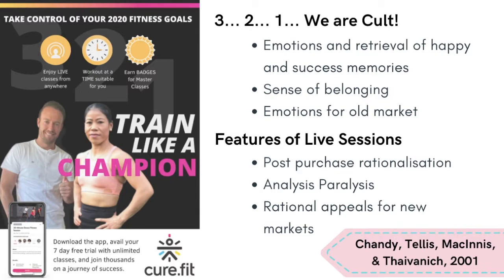But by providing the features and rational reasons for the product to be bought, we are aiding, or I am trying to aid, the person's post-purchase rationalization, which is also a bias that leads to the tendency of individuals searching for reasons that justify their decision. And in this case, that decision was to buy the membership. So they want to explain to themselves that they made the right decision by spending money on a gym membership